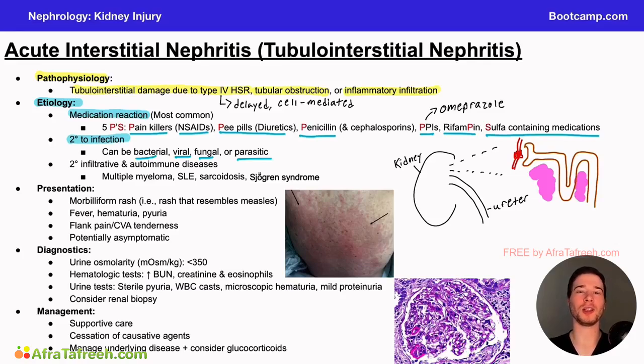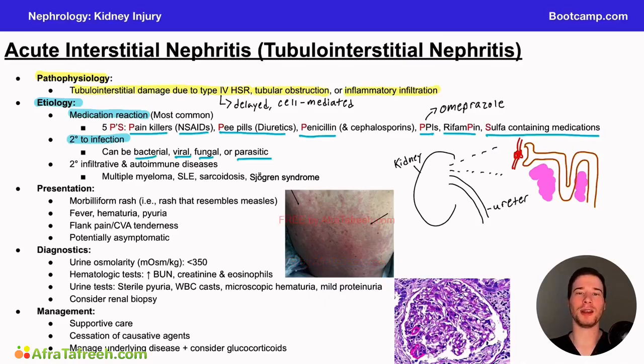But the point is that there's really a long list of things that can cause this. So I want you to just keep in mind this general idea that A.I.N. can be triggered by an infection. So if you have a patient presentation where their signs and symptoms are consistent with an infection, and they have some kidney problems as well, I want you to be able to keep in mind that there are a variety of different things that can cause A.I.N., which can be an infection. It's unlikely we need to know the specific ones, but we do need to have a general idea that they can lead to